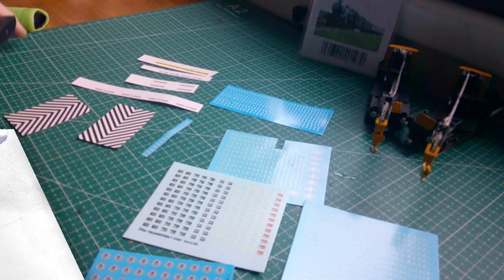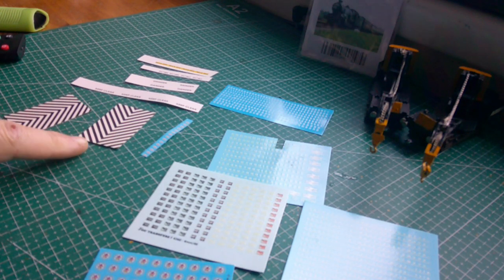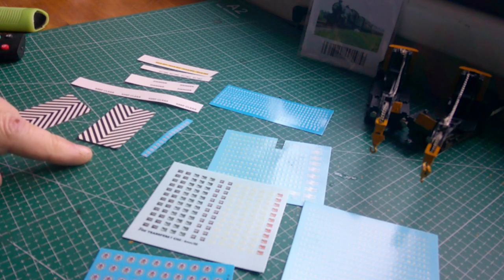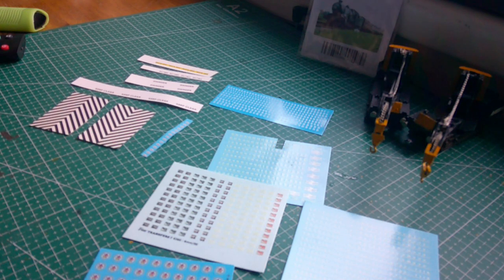Right, so I thought I'd just show you, I've got my transfers out. Over here you see the 2 wasp stripes that I've made up myself. They took ages, but I've done it. Once I'd done one, I copied and pasted them onto a Microsoft Word document, and then when it's time I print them onto a waterslide transfer sheet. Over here,